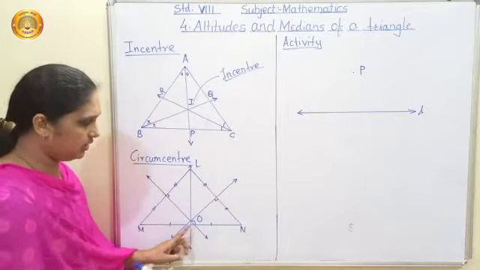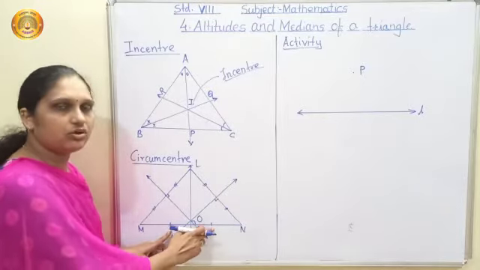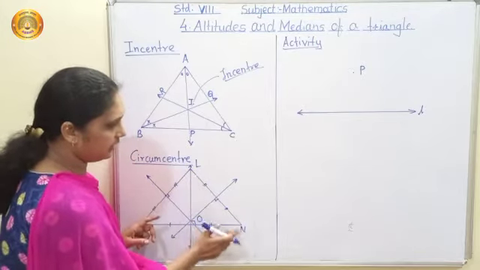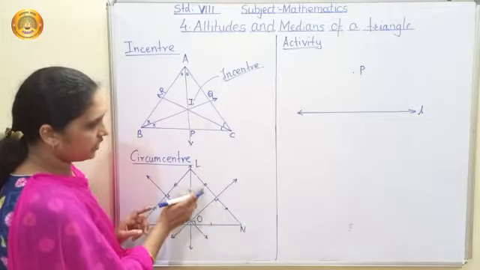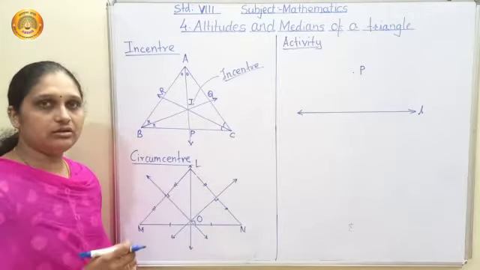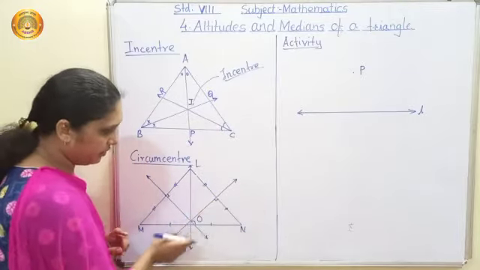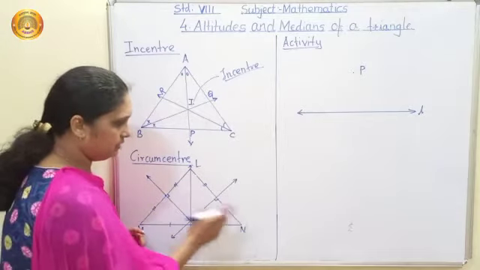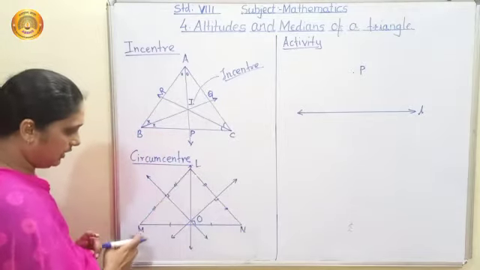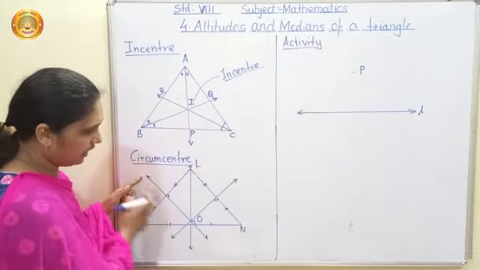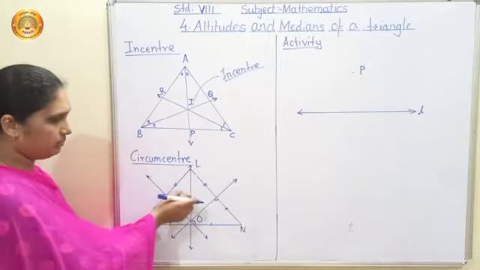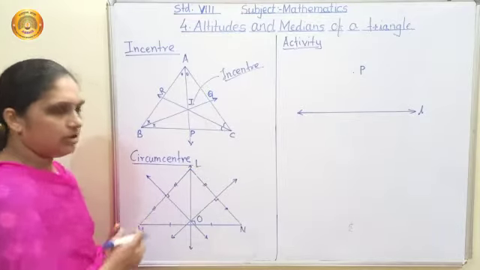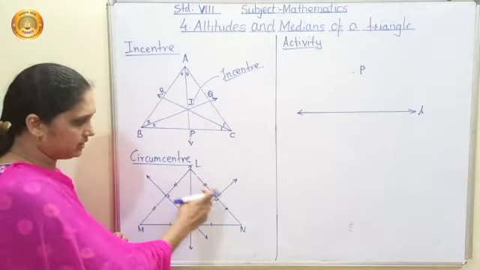This is 90 degrees and these are two identical marks. For this side, that is LN, perpendicular, and these two are the identical marks. That means this is a perpendicular bisector of side LN. Similarly, for LM, this is a line which is the perpendicular bisector of side LM, and all these perpendicular bisectors